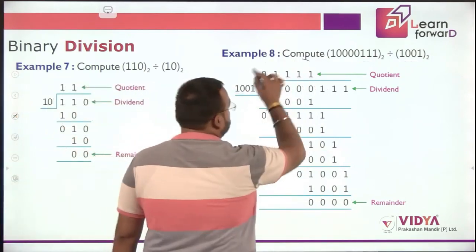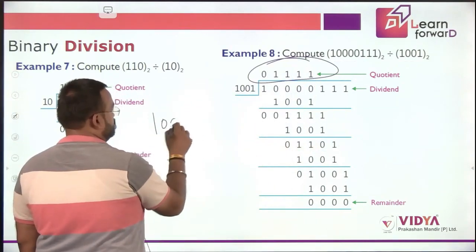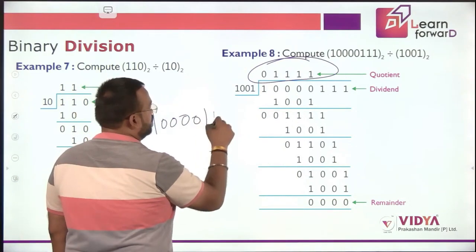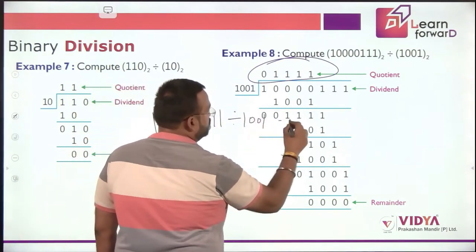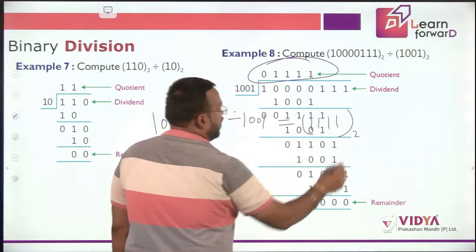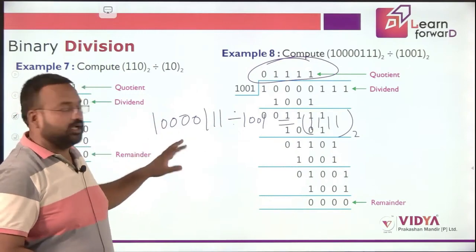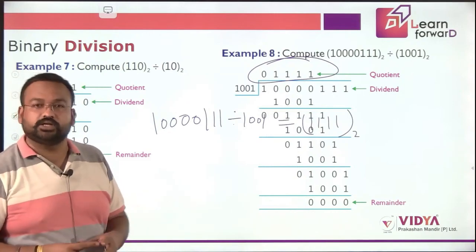So we get this one as the quotient. So we can simply write 1 0 0 0, 4 times 0 1 1 1, when it is divided by 1 0 0 1, we get the answer 1 1 1 1. As I told you earlier, we can add n number of zeros at the left side and they can be discarded because they won't create any impact on our number.